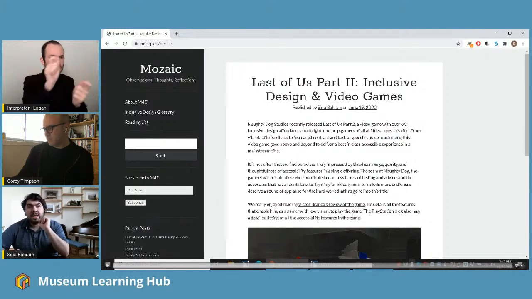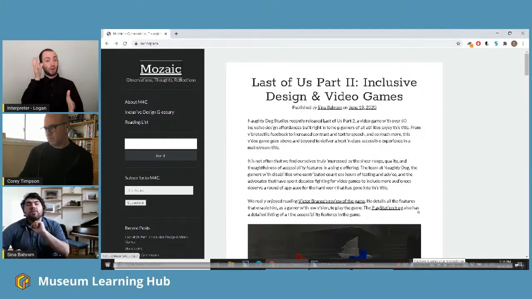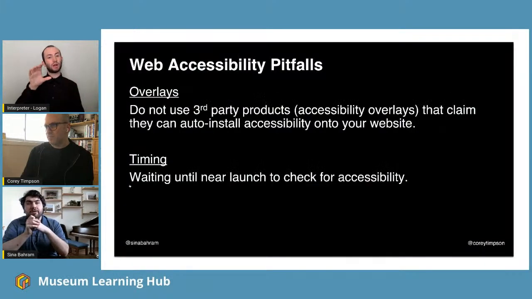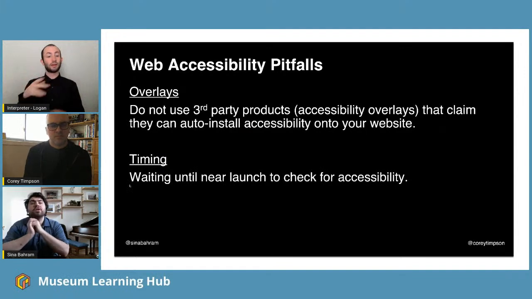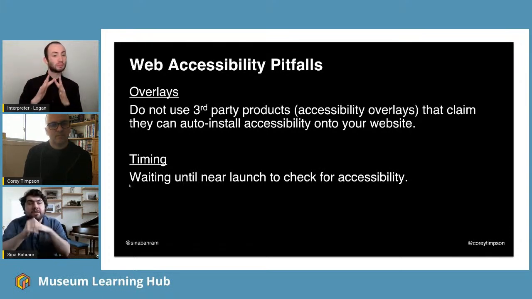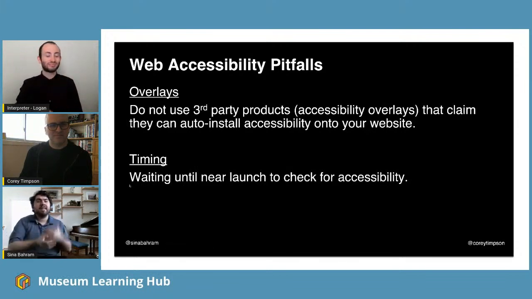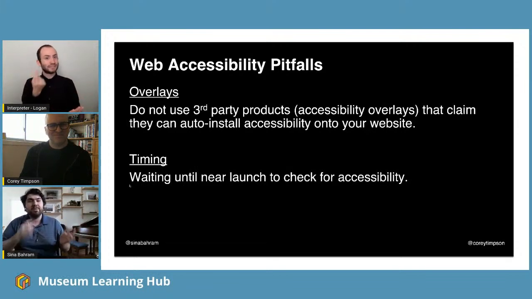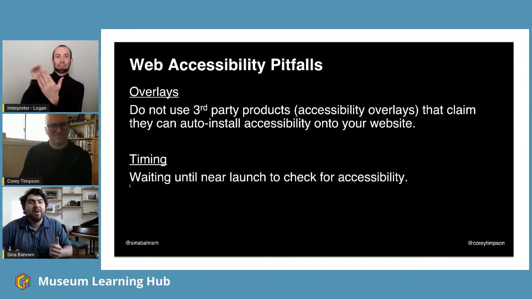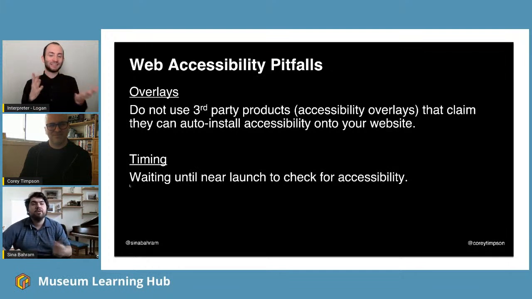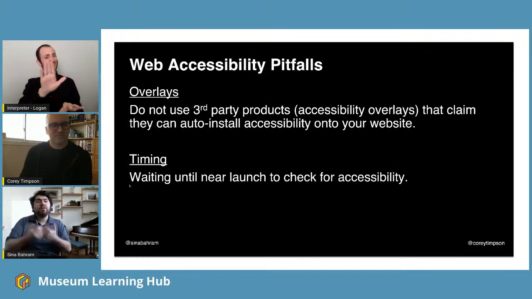There's a concept going around right now, and these are called access overlays, right? They are products from vendors that will happily charge you anywhere from 30 to 60 bucks a month and offer to install a third-party extension with just one line of code on your website, and they claim to make your website accessible. These are completely snake oil, and you should run away if anybody ever tries to offer you something like this. To put this in perspective, if something like that existed, I and every other blind person would be injecting that to every website we visited to make the web more accessible. They simply don't work, and they use really deceptive marketing practices, but people want to do the right thing.